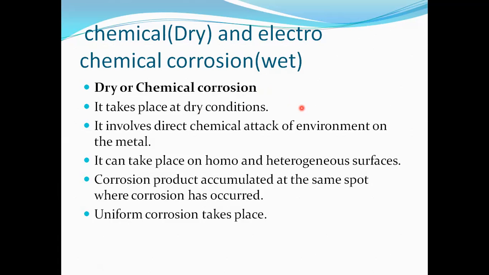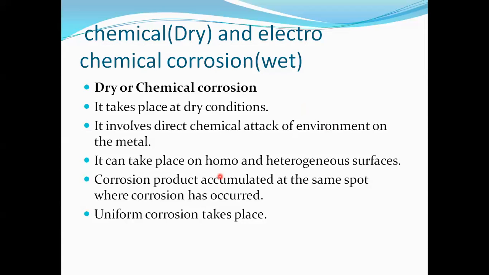Now, the word dry corrosion indicates that the environment contains only oxygen. That means when we say corrosion, the metal has reacted with an environment containing oxygen. When a metal is placed in an environment, the environment contains oxygen and moisture, and the moisture contains water. But when we place the metal in a dry oxygen condition, treat it in only an oxygen condition. That means it doesn't contain moisture or any water content. So it is known as dry chemical corrosion.